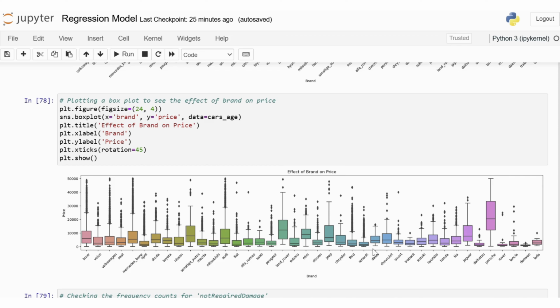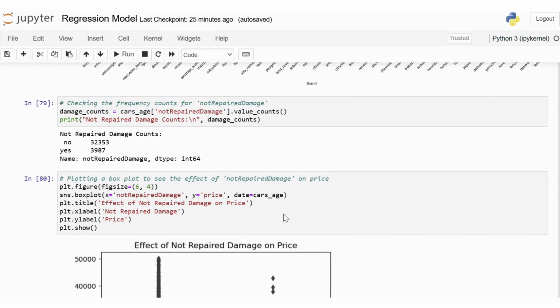Let's now explore the not repaired damage variable to understand how it influences car prices. This variable indicates whether any damage to the car has been repaired. The not repaired damage variable has 2 categories: yes, representing the car was damaged and the damage has not been repaired, and no, representing the car was damaged but the damage has been repaired. So, first, we'll check the frequency counts for each category. From the output, we see that the